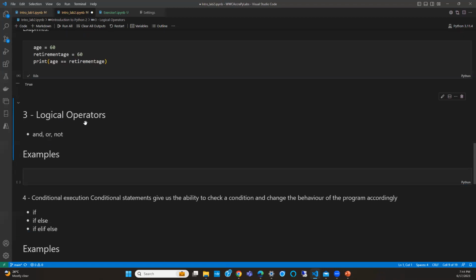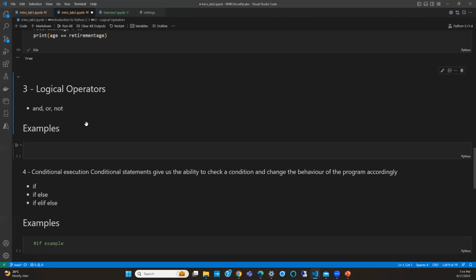Now let's look at the logical operators. There are some logical operators available: and, or, not. You've probably heard those in other subjects and things you've encountered. If I say something is true and some other condition, it evaluates to true only when both statements are true. If it's or, so long as one statement is true, it would be true. And not would negate it: if it's true, it's false; if it's false, it's true. That's what logical operators do.